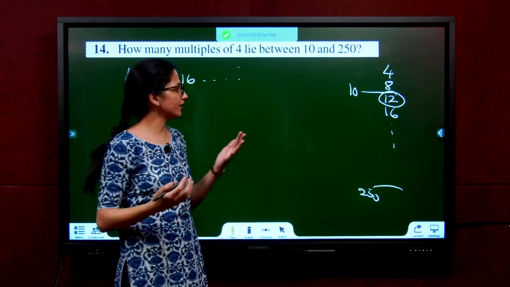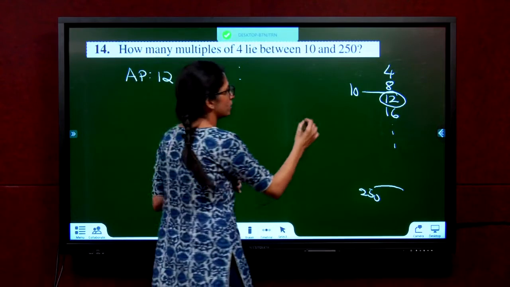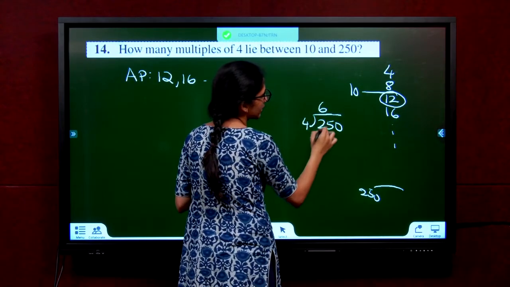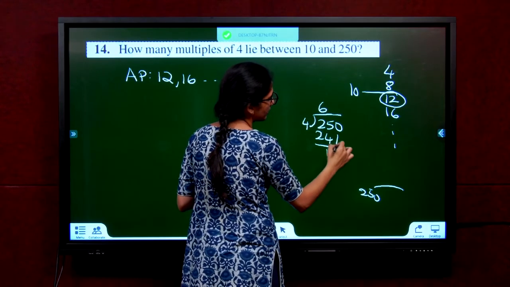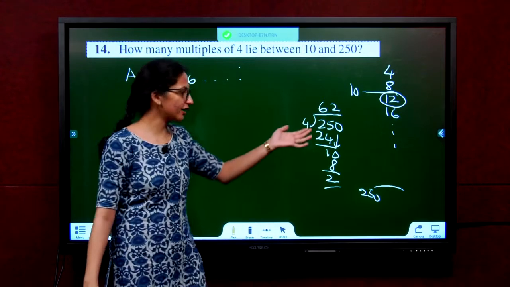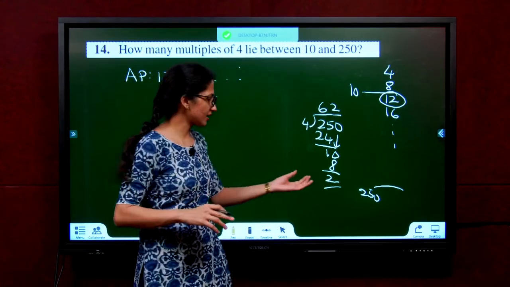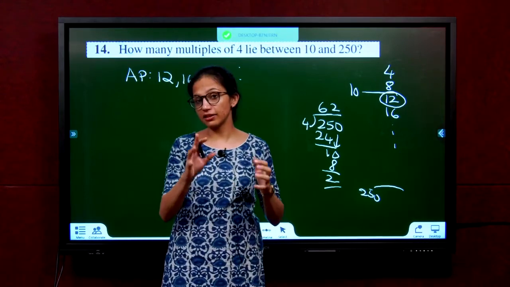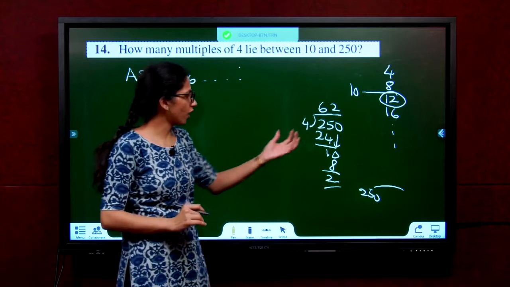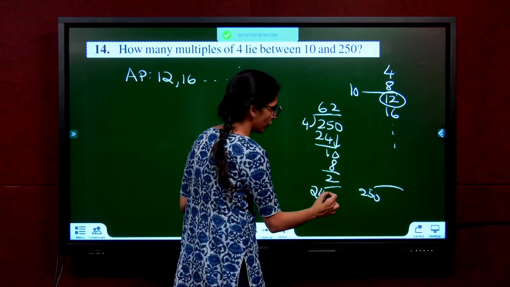So what do we do? Take the 250 and divide it by 4, just like how we saw the example with 7. 4 6s are 24, remainder 1, comes 0, 4 2s are 8, 2. That means if I had 250 chocolates and I had to divide them among 4 people, in the end I would have 2 chocolates remaining. What to do with those 2? You can't give half. So you throw it away. So from this 250, remove this 2. That means now I have 248.